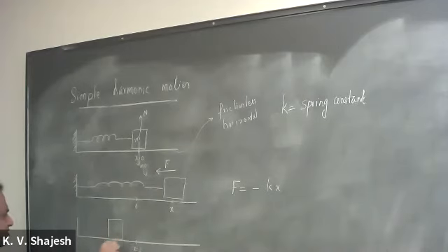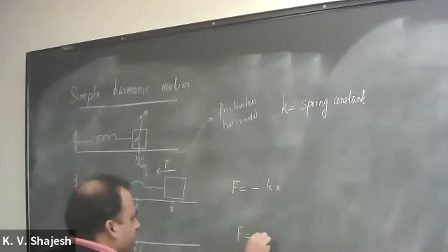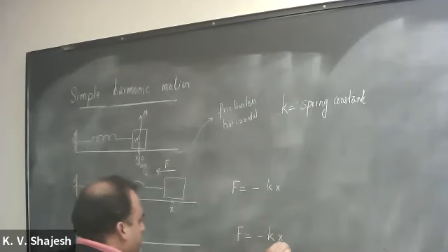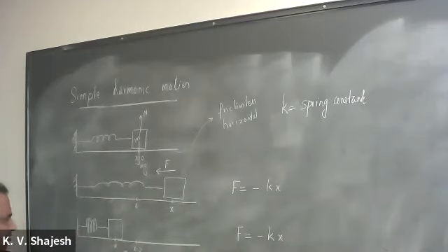So that way, x is now negative, and the spring can be shown as a compression. So this is a stretched spring, and this is a compressed spring. Again, the force is equal to minus kx, but it is in the positive direction because x is negative, right? Since x is less than 0, x is negative. Negative of a negative number is in the positive direction.